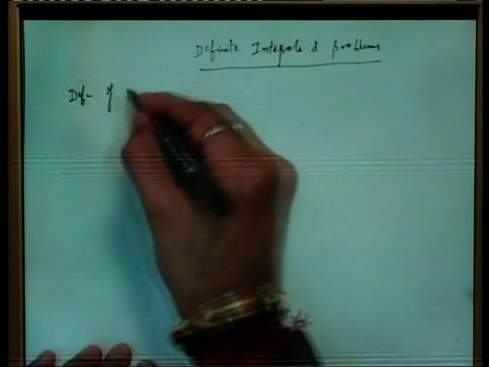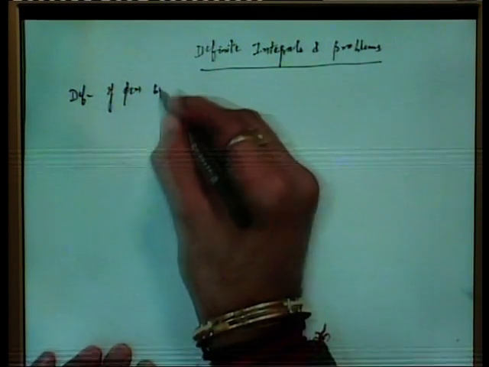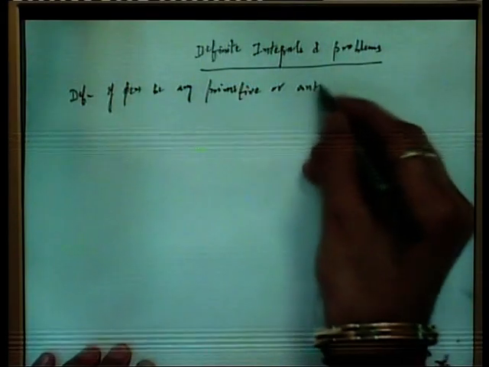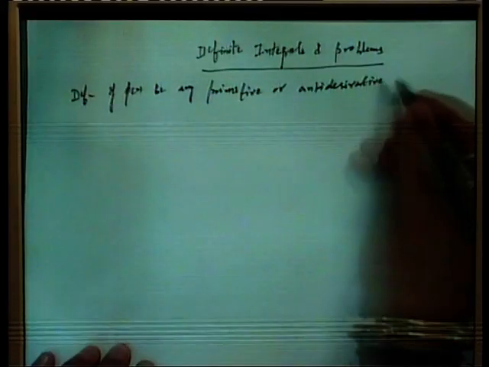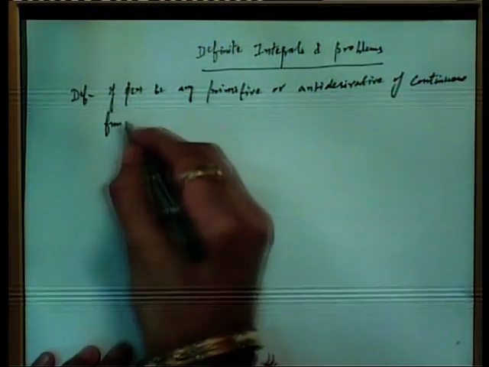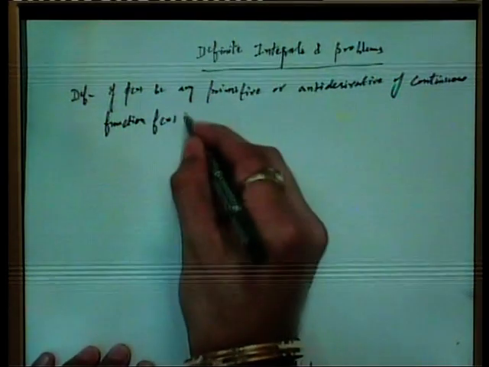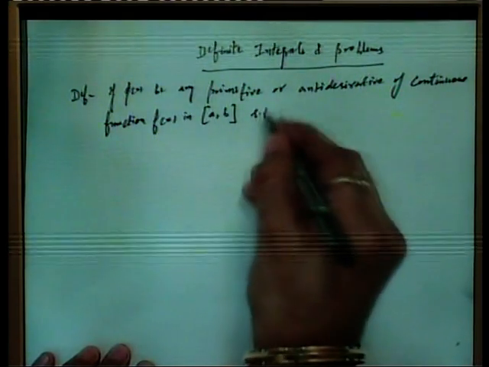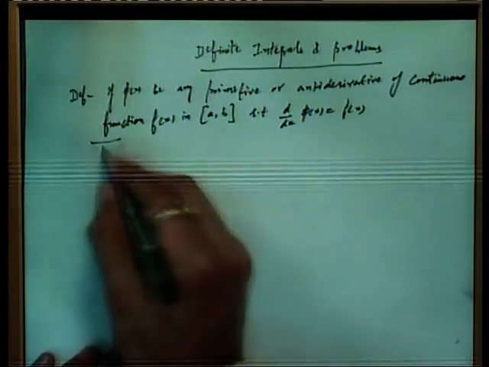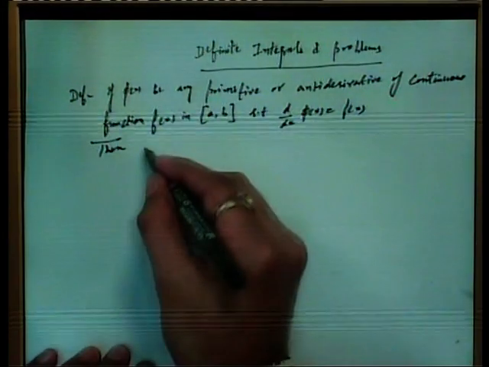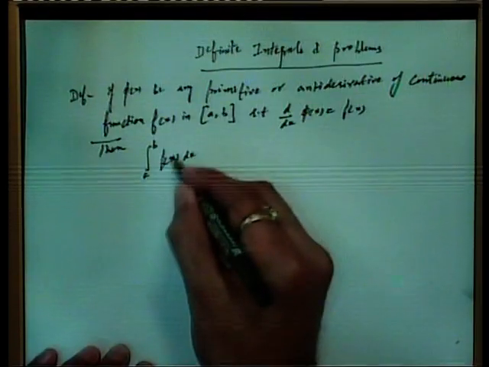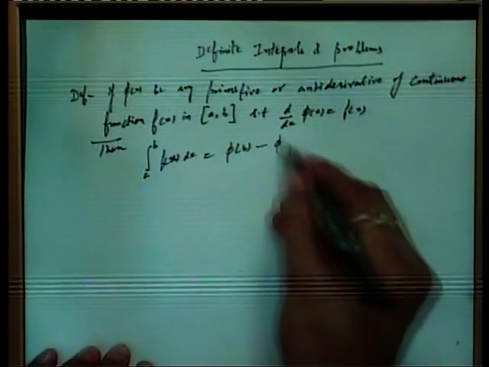If phi x be any primitive or antiderivative of continuous function f(x) in closed interval a b such that d/dx of phi x is equal to f(x), then the definite integral of f(x) from a to b is equal to phi b minus phi a, that is